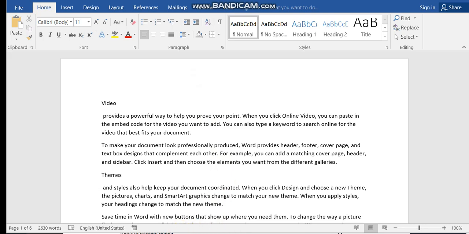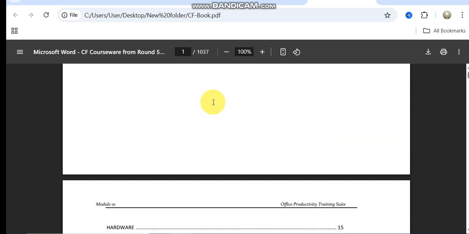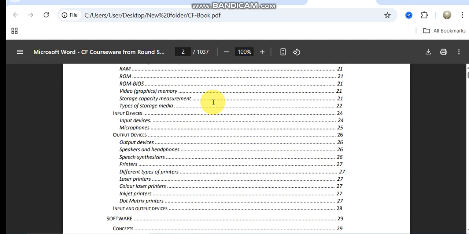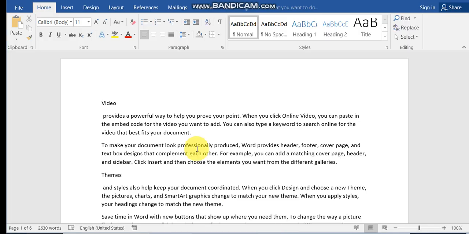We want to make an index in this document. Suppose we see an index in books. We want to prepare an index for my typing document. At first we click the Microsoft Word Reference tab